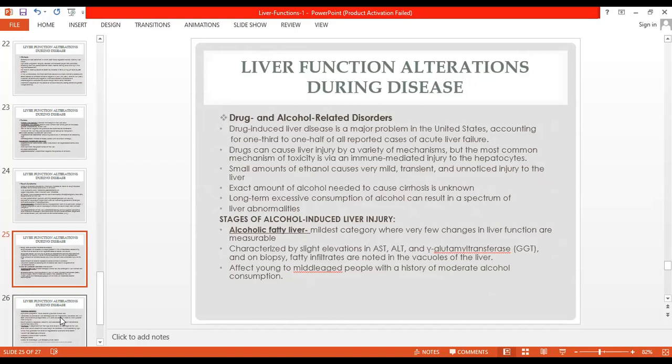Of all the drugs associated with hepatic toxicity, the most important is ethanol. In very small amounts, ethanol causes very mild, transient, and unnoticed injury to the liver. However, with heavier and prolonged consumption, it can lead to alcoholic cirrhosis. While the exact amount of alcohol needed to cause cirrhosis is unknown, a small minority of people with alcoholism